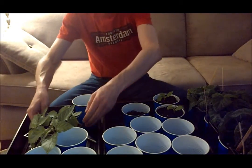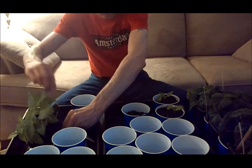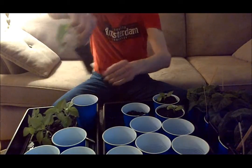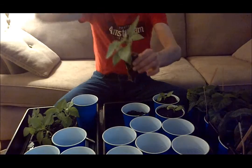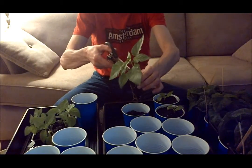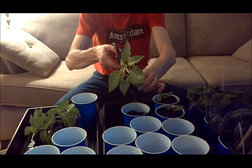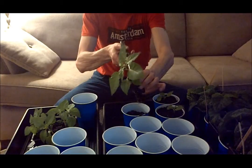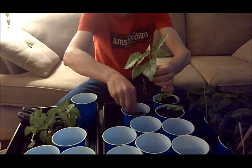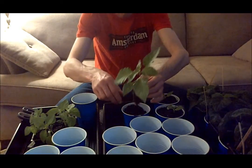So there's certain of these plants that what we want to do is take the plant, get rid of all the bottom leaves. There's a nice root ball there. What we want to do is snip all these bottom leaves off. Of course, these are my ghost peppers. Put them off to the side because they will go in again